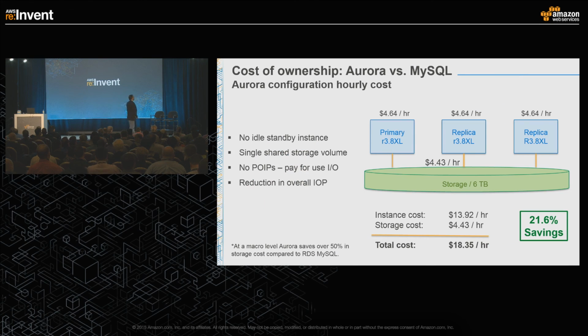So let's look at an equivalent configuration with Aurora. Your configuration will look like this. Again, because we use a shared storage environment, you don't need 4 storage volumes. A common 6 terabyte storage volume is all that you need, right? So everyone reads from the same shared storage volume. You have a primary, which again is R38XL. You don't really need a standby, because in Aurora, the read replicas are promotable to master when something bad happens, right? So you can get rid of the standby. And you have two read replicas, R38XL again, and they're at $4.64 an hour. So if you add all of this up, it's $18.35, which is about 21% savings over MySQL,